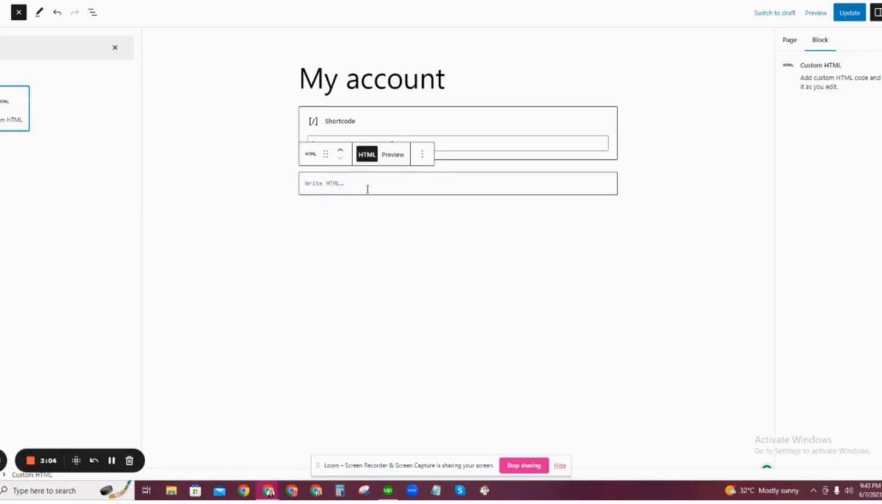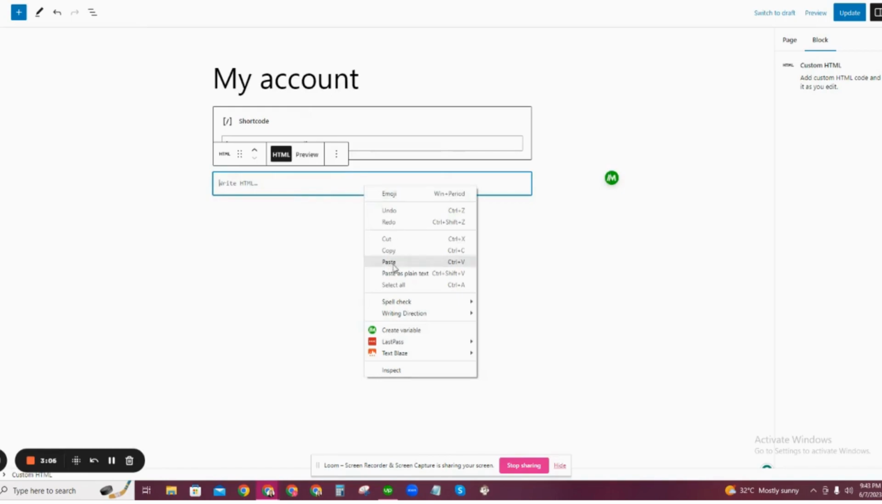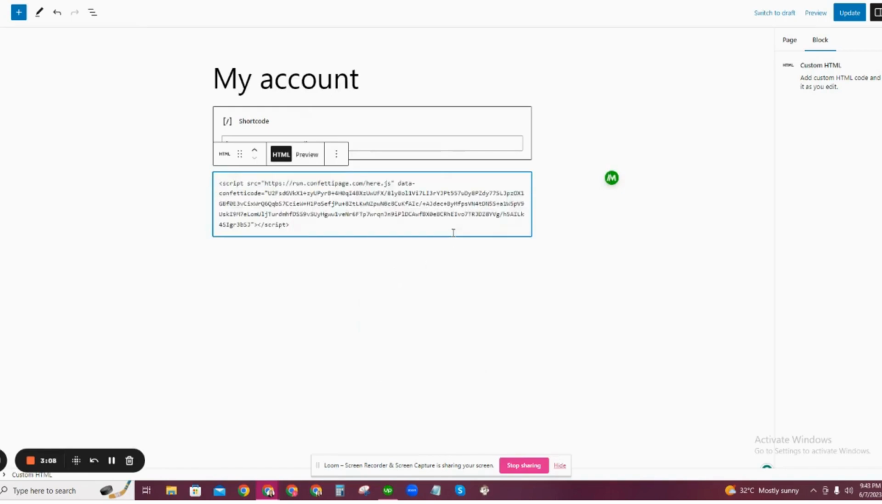Now, right click with your mouse and click Paste to add the code you copied from ConfettiPage.com earlier, or use the text shortcut Control V for Windows or Command V for Mac to paste the code. Once you see the confetti code pasted into the HTML element, click on the Update button right here on the